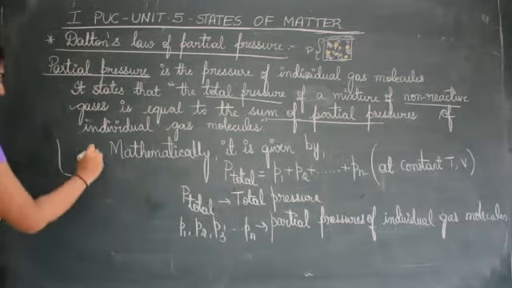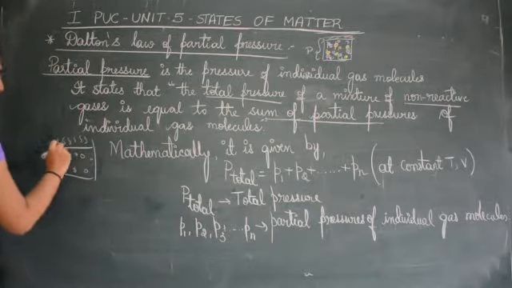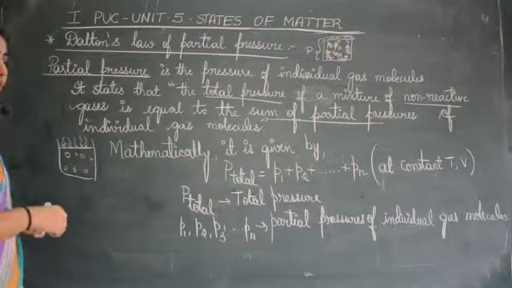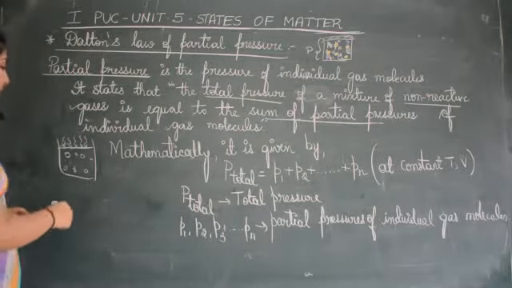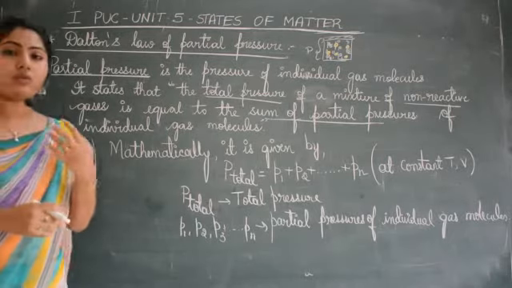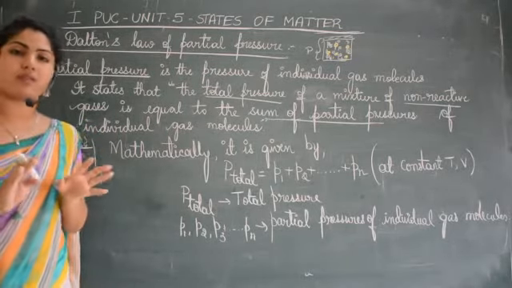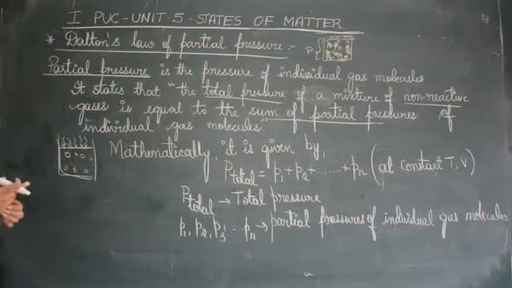If these are gaseous molecules and here you have moisture, then that moisture also will be exerting a pressure on the surface, which we call vapor pressure. Now, if you don't want to know the pressure of moist gas, you want to know only the pressure of dry gas, then what you have to do, you have to see that,